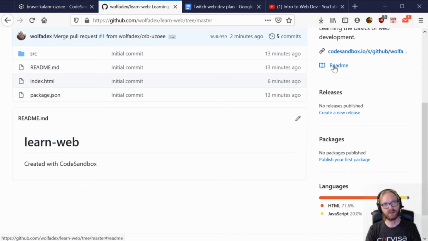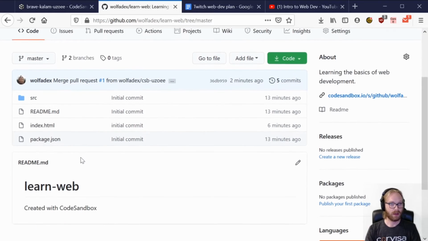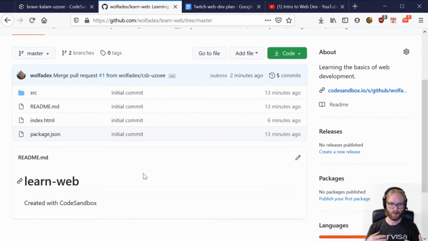If you notice here, there's another one that's called README, and if you see down here, it's got the same name, README. README, Learn Web, Create with Code Sandbox. Now the README is basically, when you come into a project, GitHub will display the README here for you, and